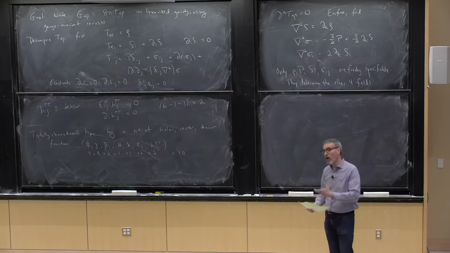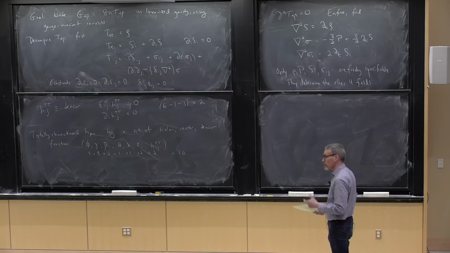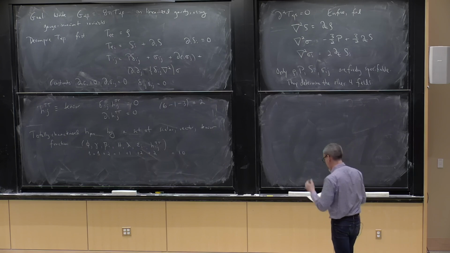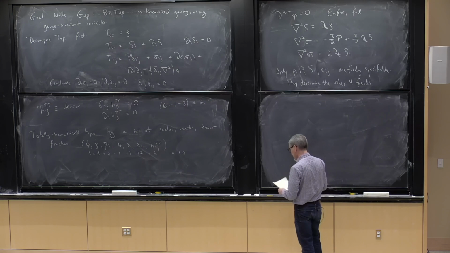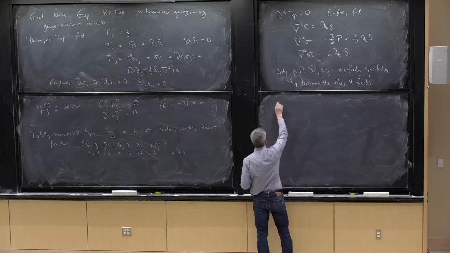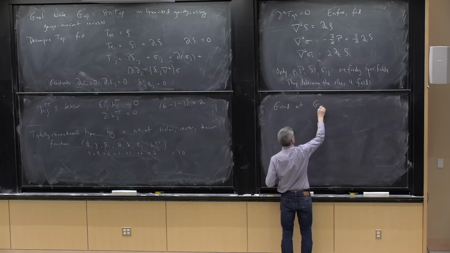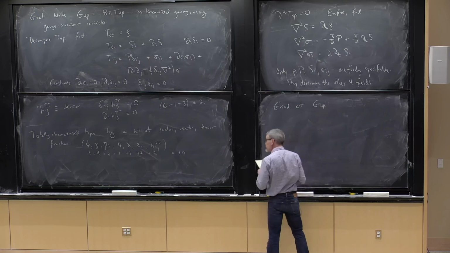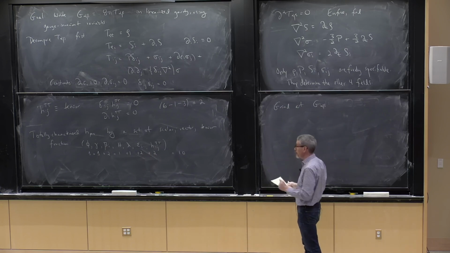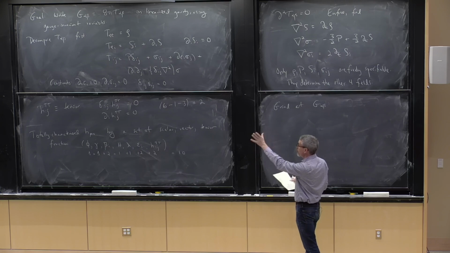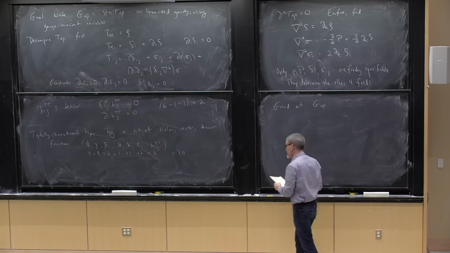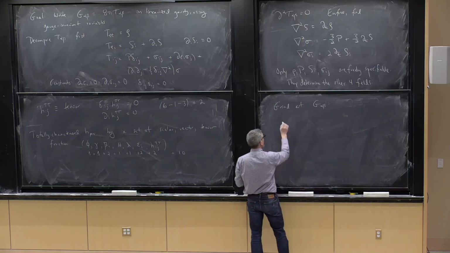Take all of the framework that we developed and discussed in the previous lecture, and let's grind out the components of the Einstein tensors. Doing so to linear order in H, which is equivalent to saying linear order in all of these fields that we've introduced, what you find is